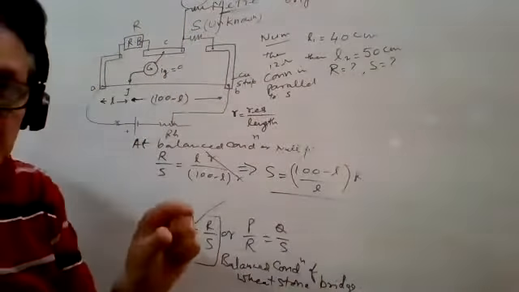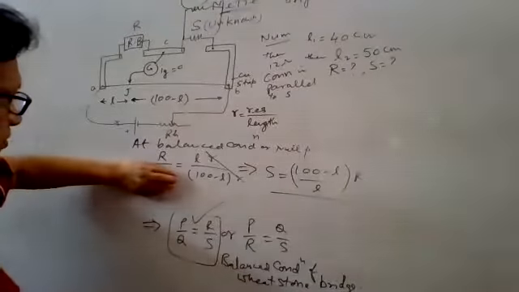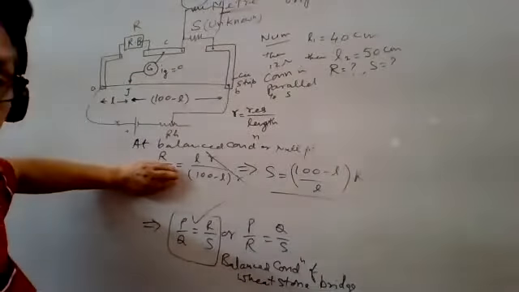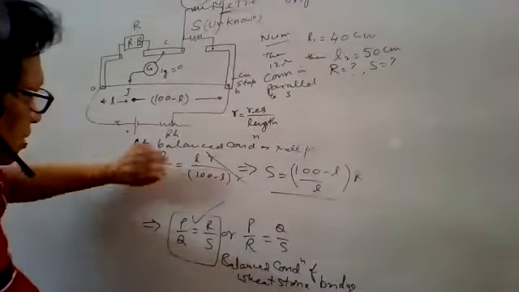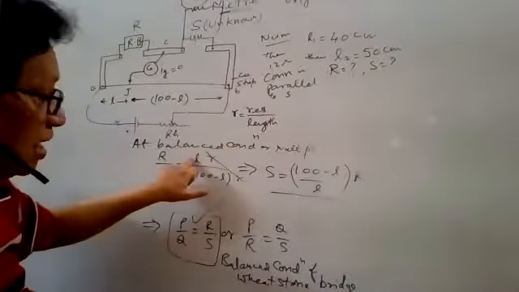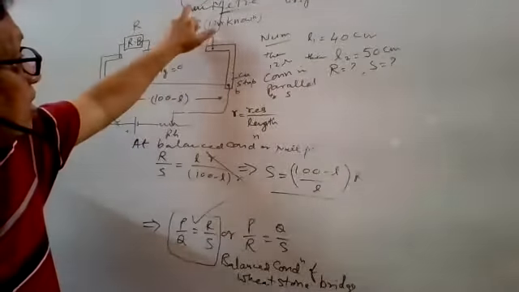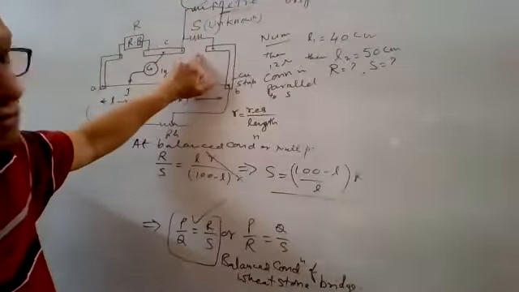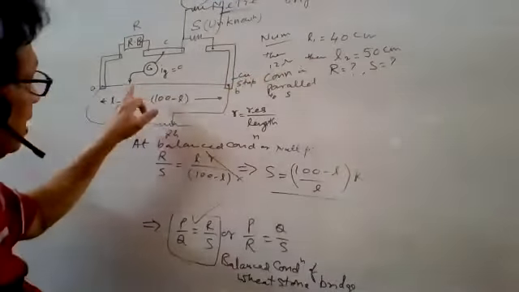We know in a parallel circuit, resistance decreases. It means S decreases here, so R upon S, this ratio increases, so L finally increases. That is why if you connect some resistance parallel to S, then length increases, means balance point shifted